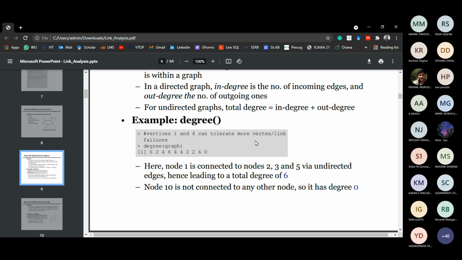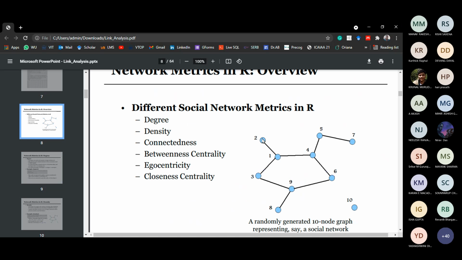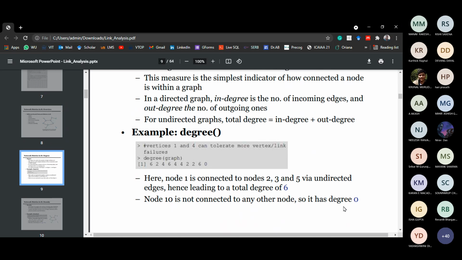So we will get, I think they have given it for the graph. Okay. So they will give it as 1, 2, 3. Okay. 3, 1, 2, 4, for 4, 3, 5, 2. Okay. 6, 2, 7, 1, 8, for 8, only 1, for 9, 3, and for 10, 0. So this is the number of connections each user in a social network has. That is called degree.